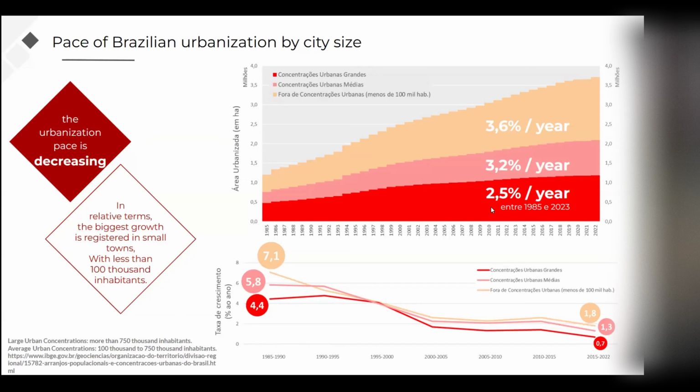So the big cities are not growing that much every year because they are growing like skyscrapers and different stuff. But if you look at the small cities, the pace of growth is way higher, almost double, right? So the small cities are growing a lot, and this starts to raise, from a geographical perspective, a lot of questions. What are the systems going together, like the transportation system and sewer system and so on?